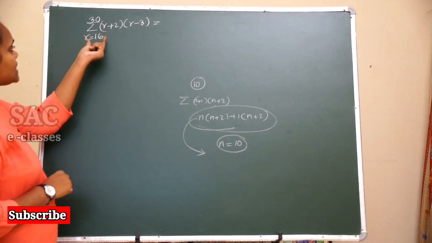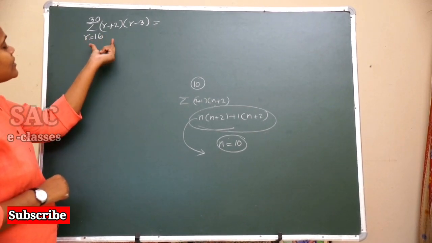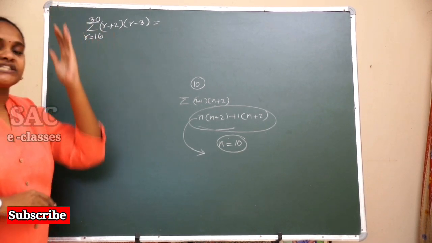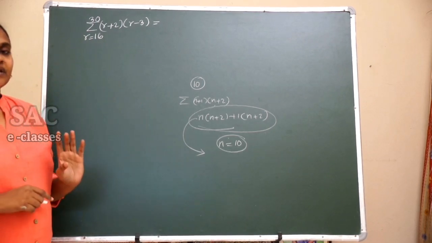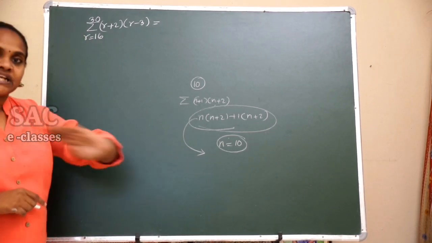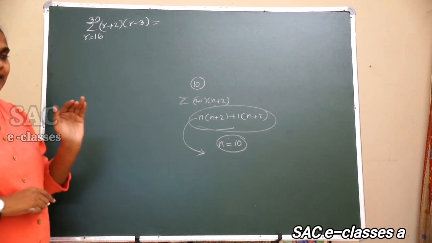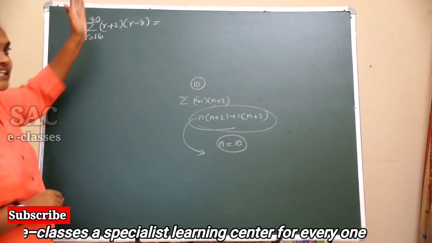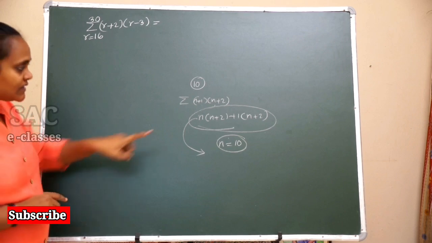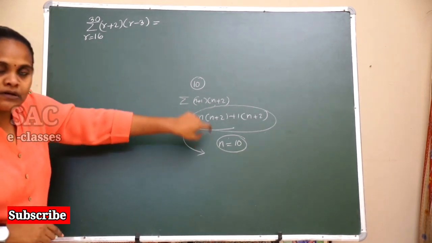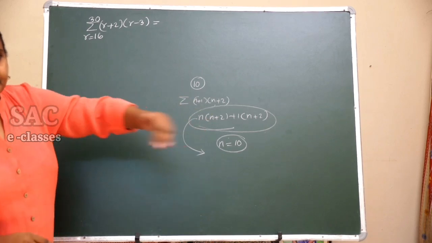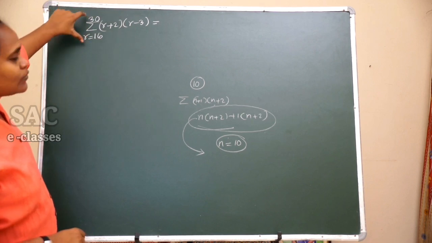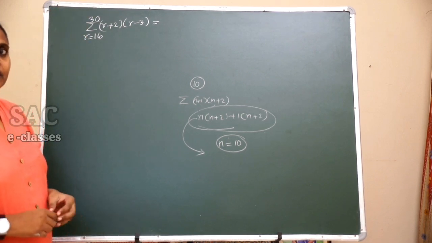But here some change is there. They are not asking for the value from the first term to the 30th term, which means it is not the sum of the first 30 terms. Then what is it? It is the sum of terms from the 16th term to the 30th term. This technique may help you find the first n terms, first 10 terms, first 30 terms, but it may not be useful here. Then what are we supposed to do? Let us discuss.